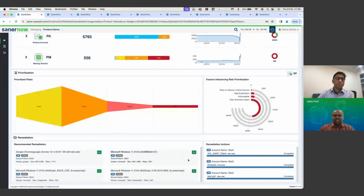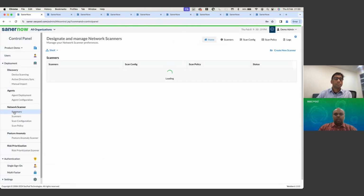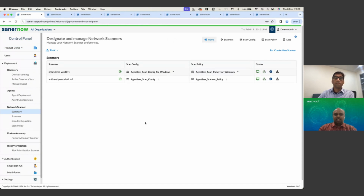And right from here, you can also look at all your remediation, what patches are available, and you can remediate them, right? But let's jump into the agentless scanning and how you can accomplish this. So I'll go to the control panel, and for some of you who are already using network scanner, this will be a familiar place. So for agentless scanning, the first thing you need to do is